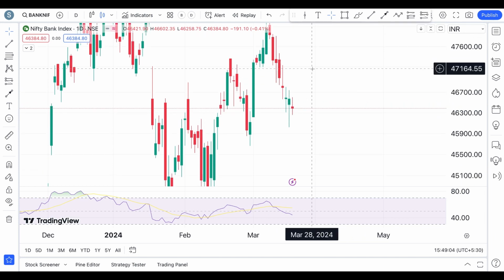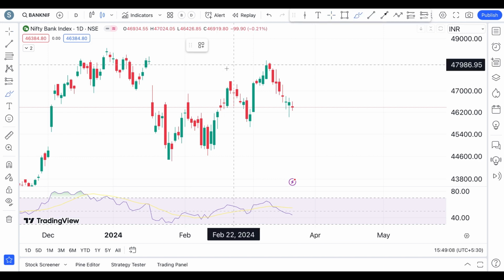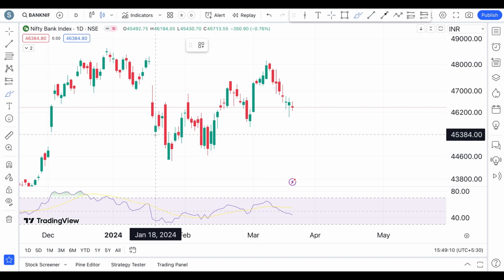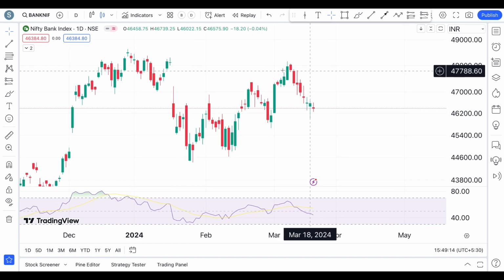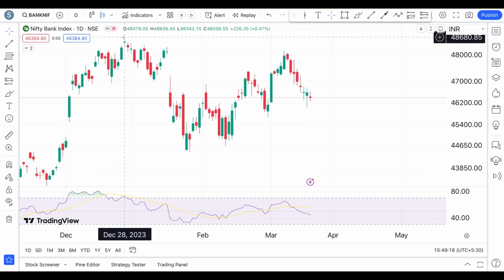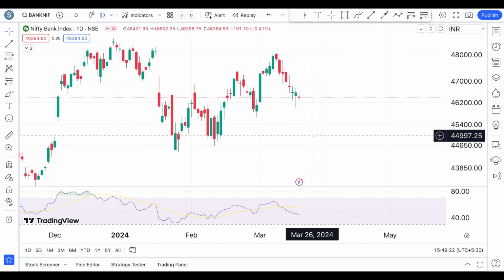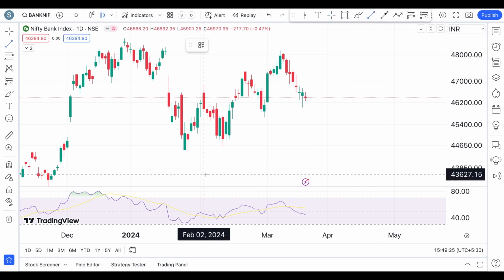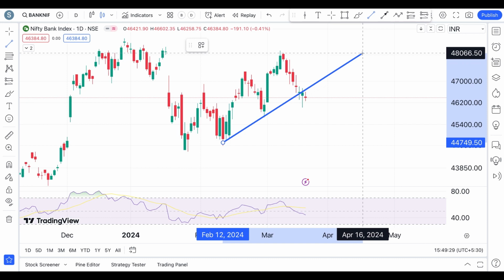We'll see how the market has performed and try to understand the price action of Bank Nifty and Nifty on a daily time frame so that we can be prepared for the coming days tomorrow. So here we have the Bank Nifty's chart on a daily time frame, and as you can see, there is a kind of trend line here, and we have been discussing that. And this trend line is a kind of